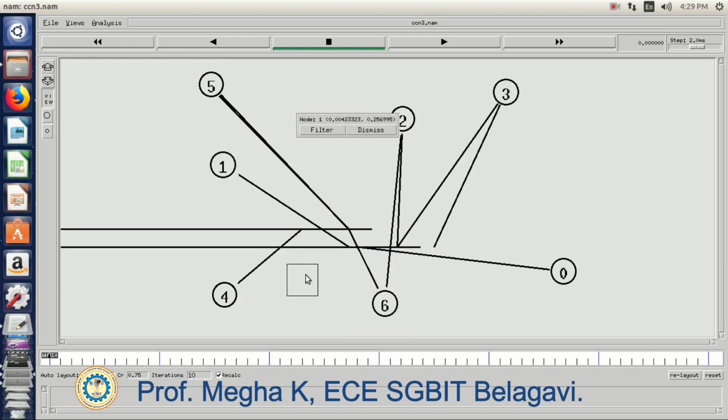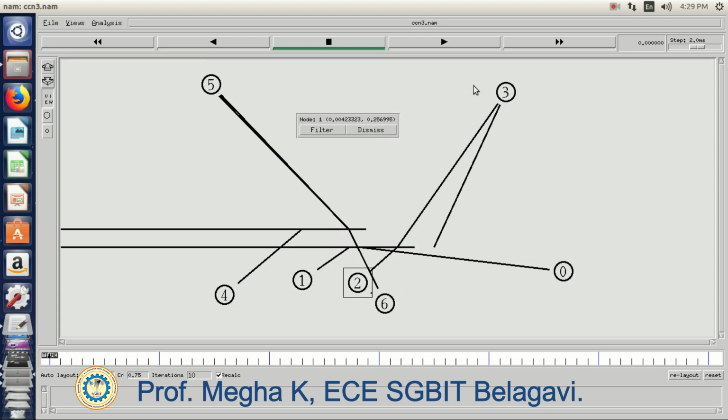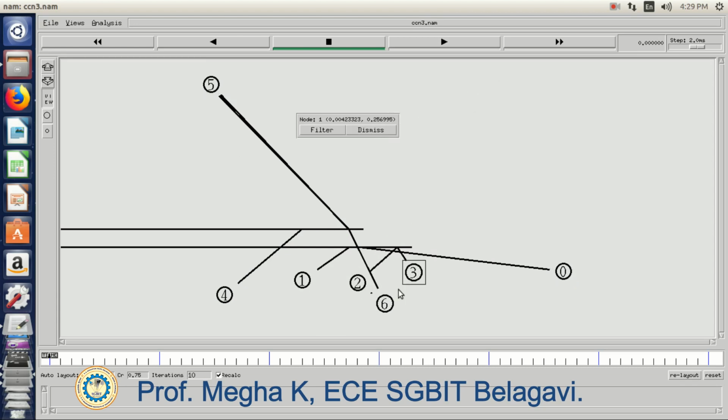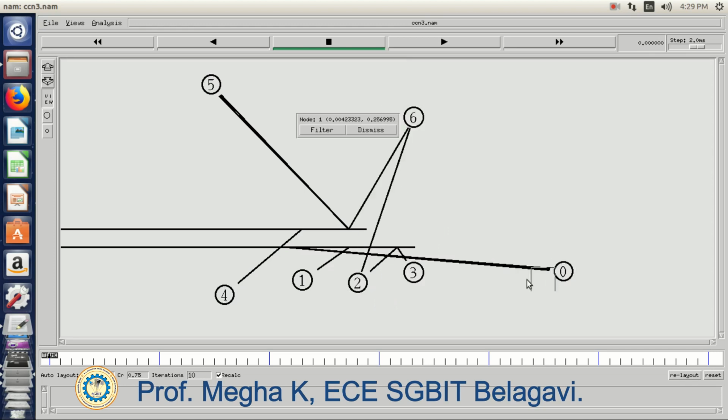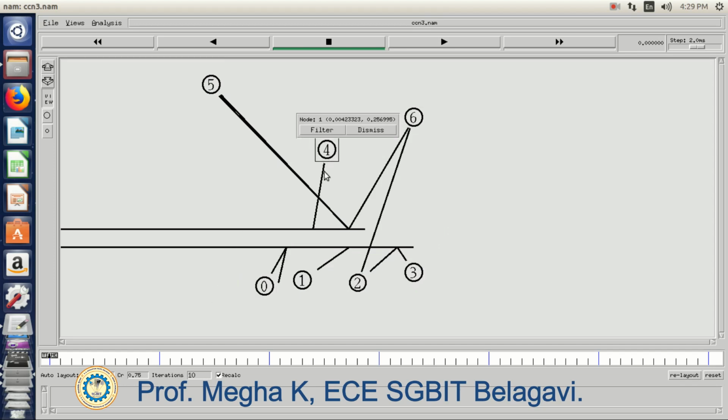This node is connected to one bus, 2 is connected to the same bus, 3 is connected to the same bus, 6 I'll take upwards, 0 is also connected to this node, and 4 is connected to another. This is how the connections are done here: 4, 5 and 6. There is a link between 2 and 6. You can see this is the duplex communication link.